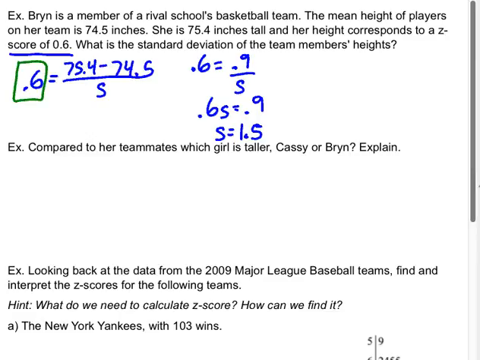Bryn is 0.6. So I would base this on the z-score. You want to look for the greater z-score to see comparatively who is taller, because it standardizes those numbers. So based on the average and standard deviation, Bryn